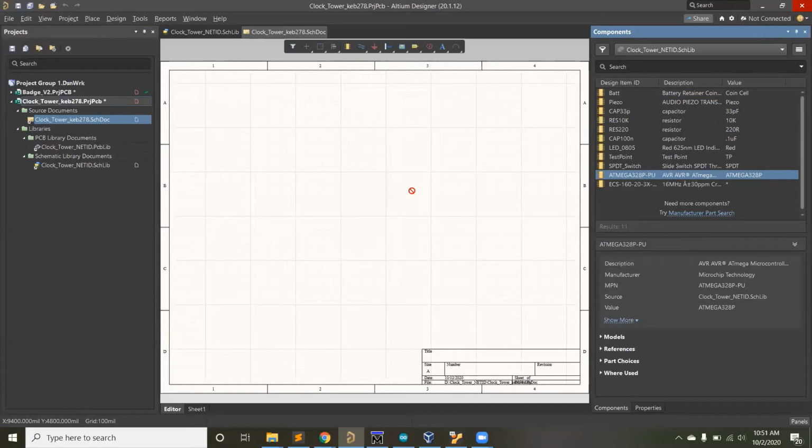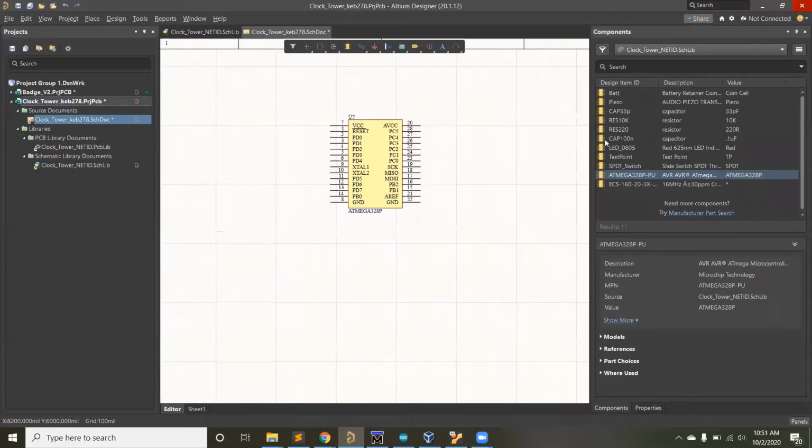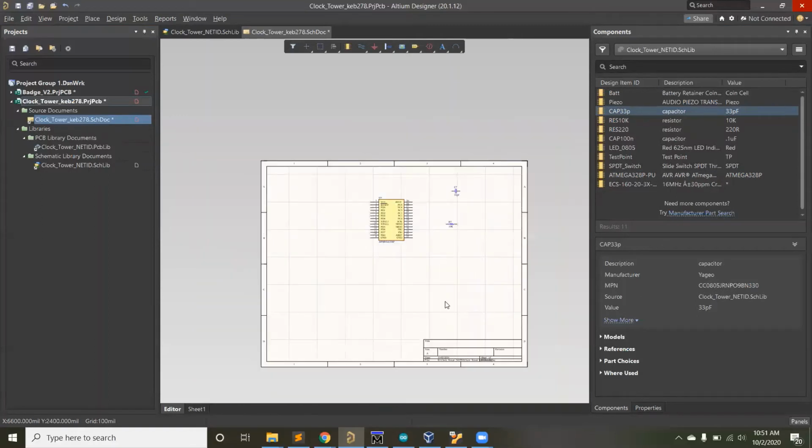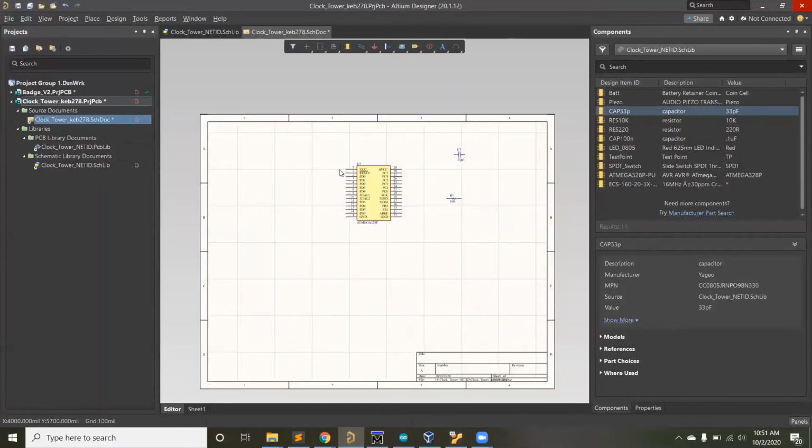The microcontroller for your project probably looks something like this. You're going to drag in resistors and capacitors and set the schematic up. So that's how you get components into the schematic. Now, how are you going to want to go about doing this schematic? Well, the first thing you want to do is the microcontroller and make sure you have everything set up